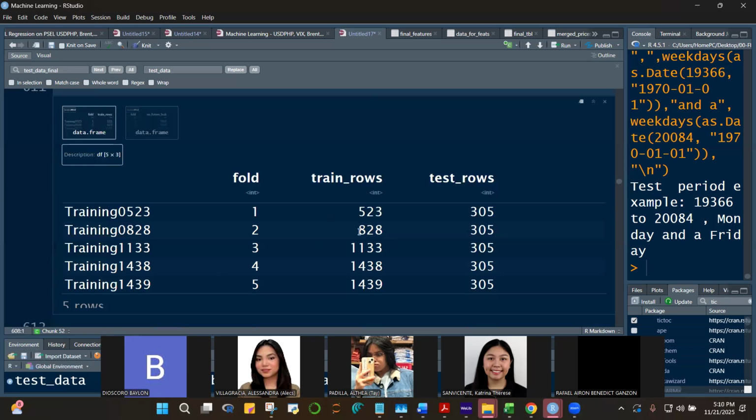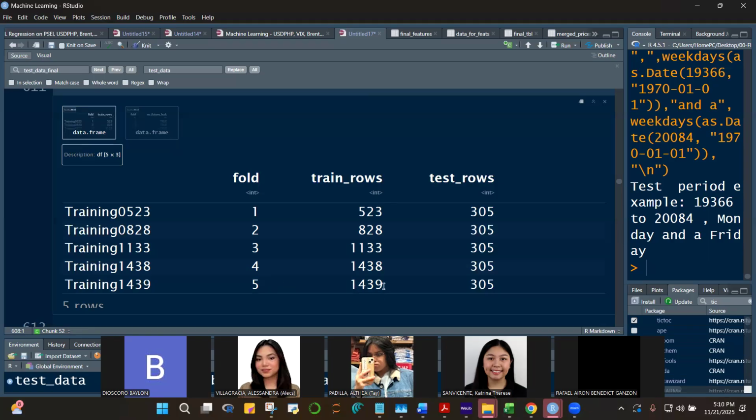Okay. So take note how the slices are generated. You have 523, right? That's the first initial window, and then you have your test row 305. So your 305 remains the same, always 305, 305, 305 for 5 folds, class. So this is your cross validation, a 5-fold cross validation. Notice now for slice 2, it has now 828 training data. Where did that come from? 523, the initial, plus 305. You add so that the initial test now becomes part of your train. And then you have now your next 305. Until the fifth fold, class,